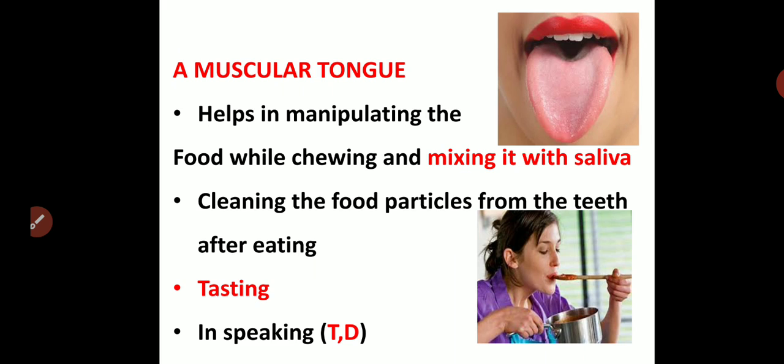It performs numerous functions. First and foremost, it helps in manipulating the food during mastication. Mastication is nothing but chewing of food. When you keep on chewing the food, that process is called mastication. So when you are doing it, some food particles will remain below the teeth. Mixing of food in the mouth, moving the food from below the teeth into the buccal cavity and pushing other food there, that is done by the tongue. But are you aware that your nervous system works so strongly that we rarely bite our tongue, though it is pulling and pushing the food from between the teeth?